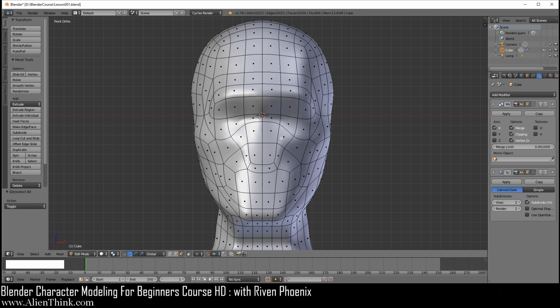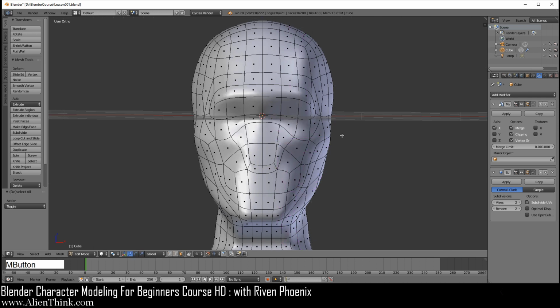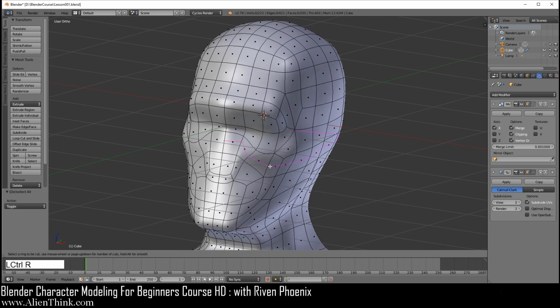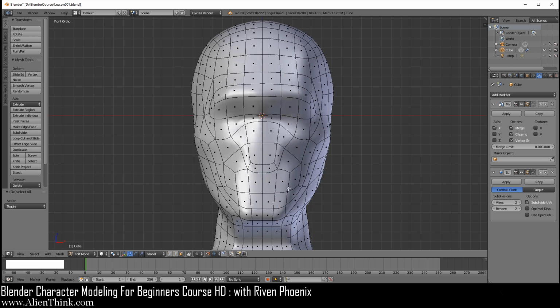So over here you can see that this is where the nose is going to be, and if I do Control R, you can see how this edge is flowing, right? If you want to understand what I'm showing you, it's Control R. So this is correct. You want to keep it this way. But over here, if you look, if I move it over here, it's going all the way down to the neck, the purple line. Right click to get out of it. We're going to do the same thing over here.